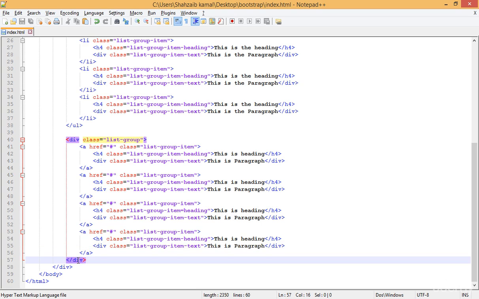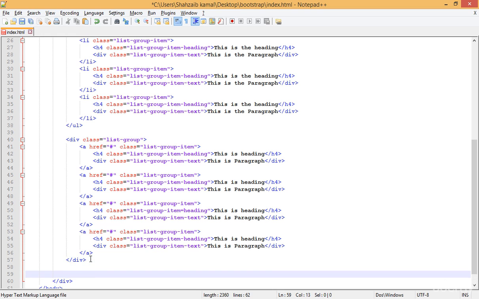Hello and welcome back. So you've learned about the list groups a lot of times, but right now I just want to combine the panel and the list groups with each other. Actually, I just want to make the collapsible list groups. So pressing enter and actually just creating the div here